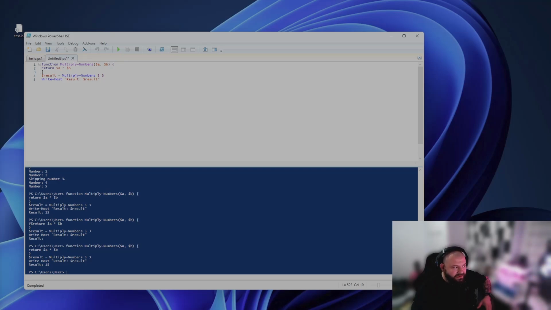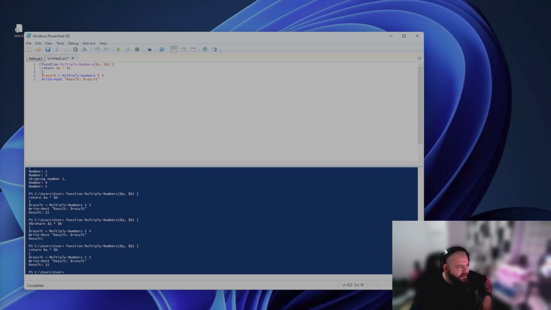Now, it is similar to the return statement in functions, but operates on the entire script or session. When encountered, the exit statement immediately stops the script execution, and any code after it will not be executed. This can be useful in situations where you need to prematurely stop a script or exit from a specific code branch based on certain